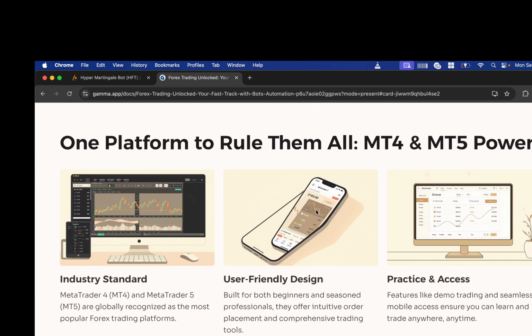It's a very easy tool which you can use on your phone, laptop, MacBook, or iOS. It's very friendly software. No other software in the world is made like MT4 and MT5, which is so user friendly that anyone can start with it.